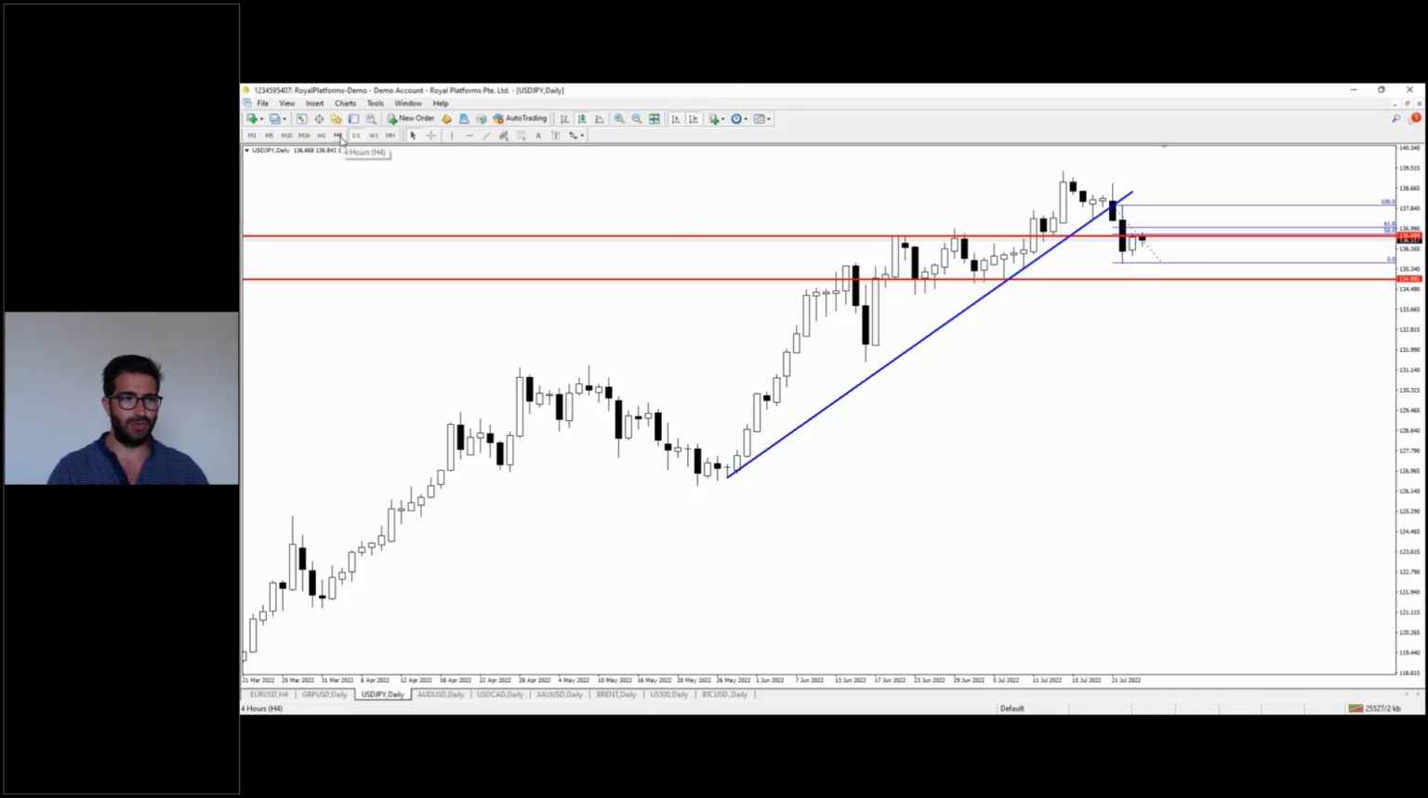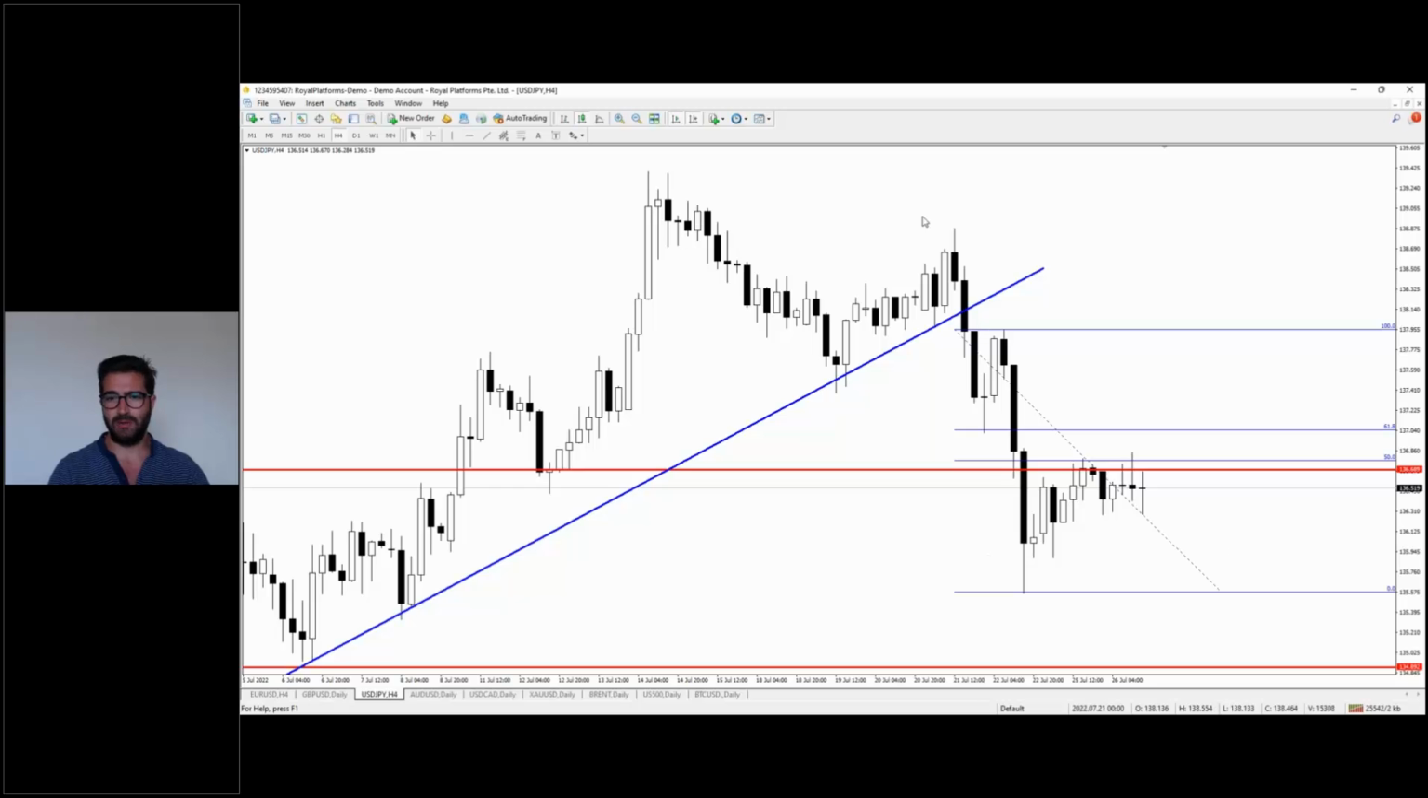Let's go on the lower time frame to see what's going on. On the lower time frame, we have a double top. This is a double top already posted. Double top here, or you can call it as well lower high. The market managed to post another lower high, lower low, lower high, lower low, lower high,